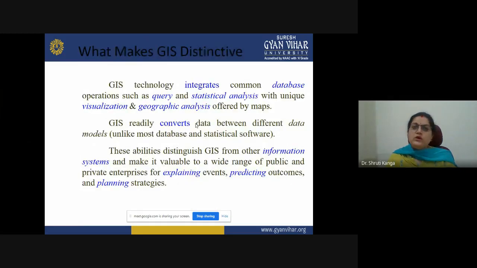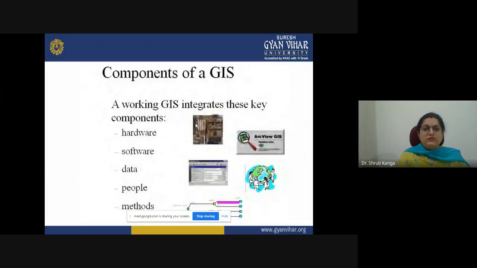Okay, so it is not in the case of disaster only, it is in the case of food security, it is in the case of locating some forest fire potential areas or risk areas, or it is also helpful in demarcating the potential zones for habitat suitability, the potential zones for water suitability. So for these kinds of decision making in different application areas, GIS helps us, and based on that we can go for different kinds of strategic planning also, which makes GIS distinctive from the other things.